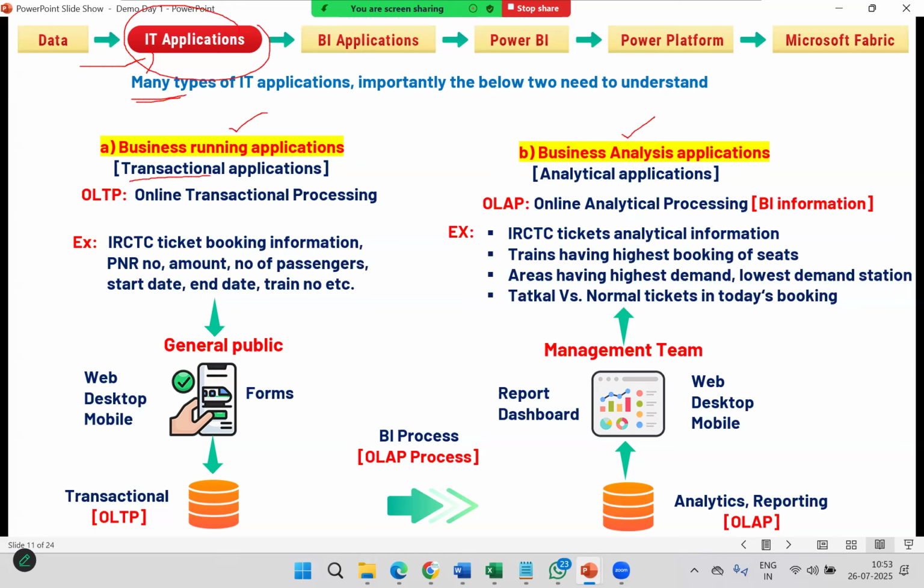Technically called transactional, knowingly or unknowingly, we use them regularly: IRCTC for ticket booking, BookMyShow, MakeMyTrip, or PhonePe, GPay. These all come under business running applications. They help to run the business. Technically, we call them transaction applications